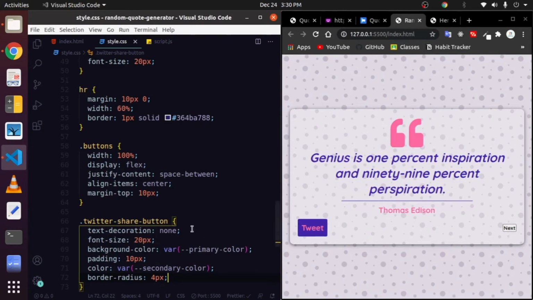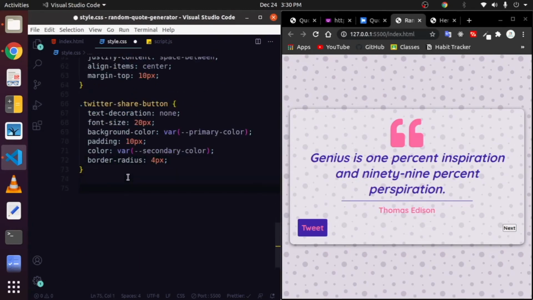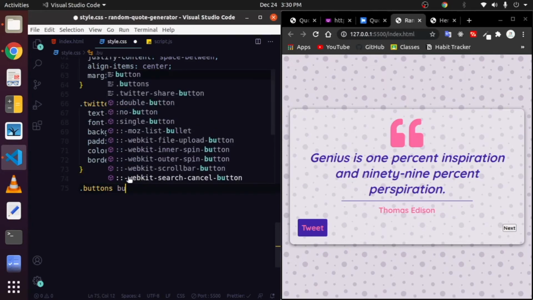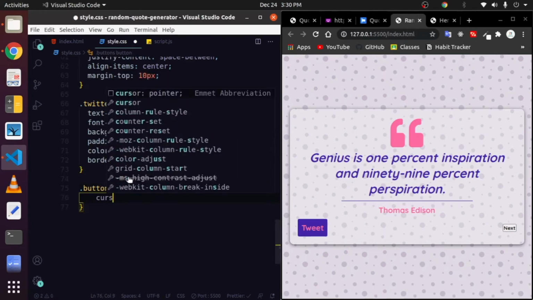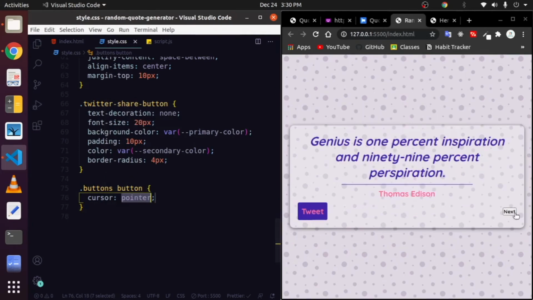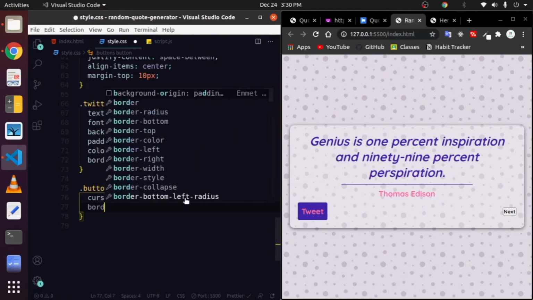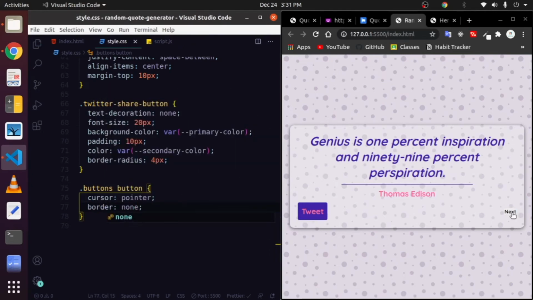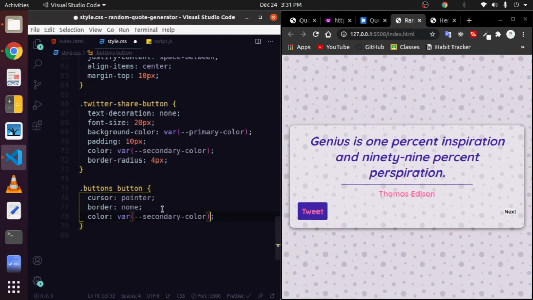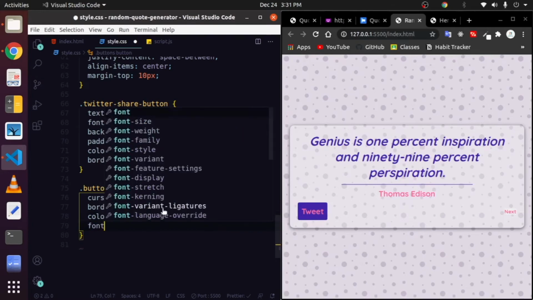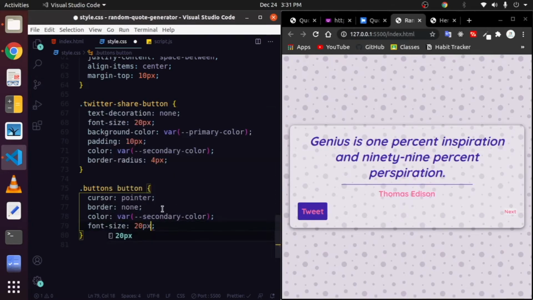Now style this button. Just go down and select the buttons, and inside this, select this button, and first give it a cursor of pointer, so when we hover over it, it changes to a pointer. And after that, add the border property and set it to none, so it will remove the border from this button, and give it a secondary color like this, and give it a font size of 20 pixels like this, and